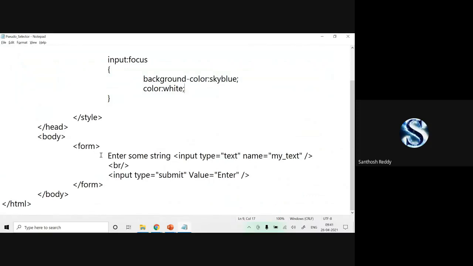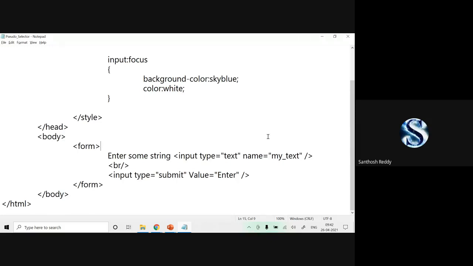This can mostly be done based on properties. Here you can check it out. I have taken some input. When I click the cursor in this particular text box, the background color should change, and the content I'm writing should be in a different color.